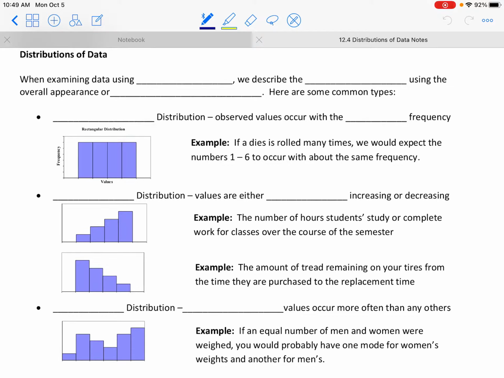So when the data is collected, let's say the data is put into a histogram or a bar graph, the general shapes that tend to occur can be described in the bar graph. So the distribution of the data in the bar graph, the way we see it, can be described. So there's some commonly occurring situations that we're going to discuss. One of them is more common than any of the others, but let's talk about some of the less common ones first. So when you're examining data using histograms,